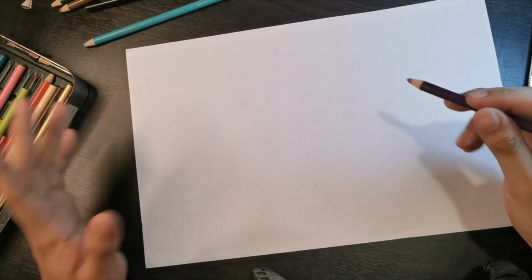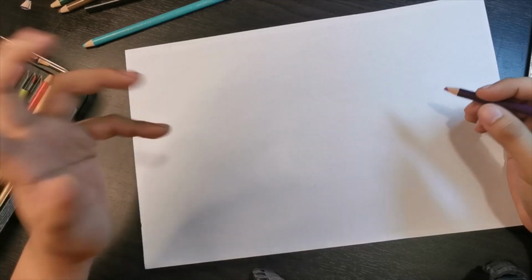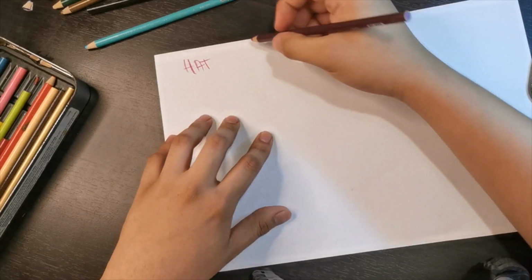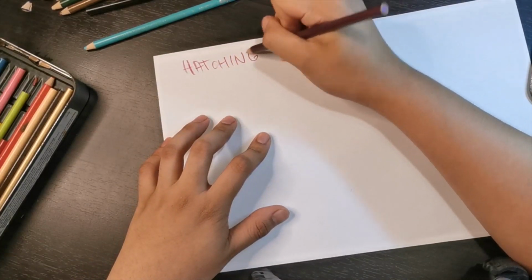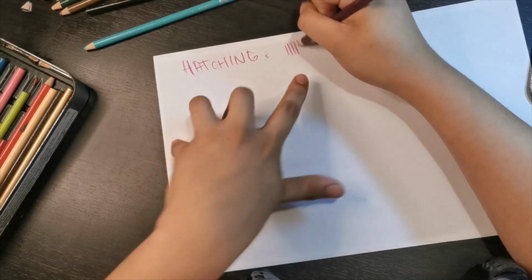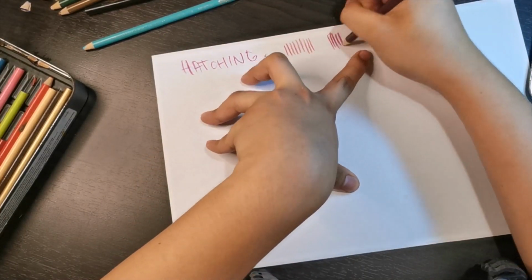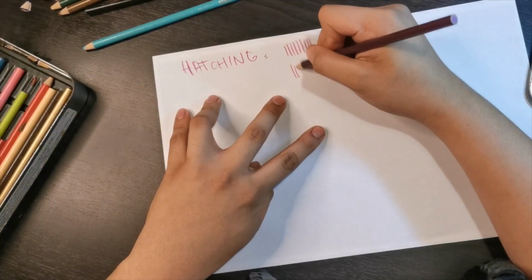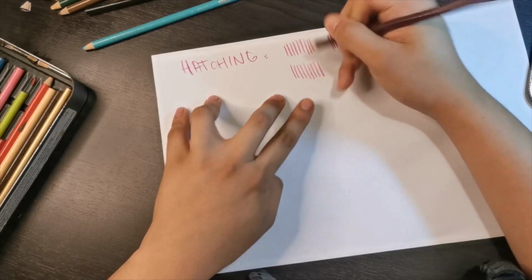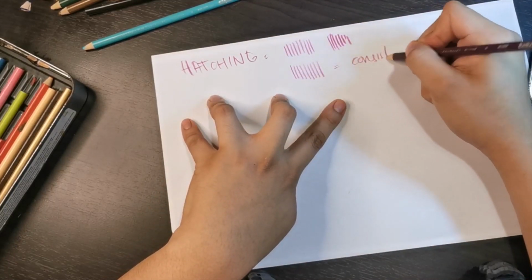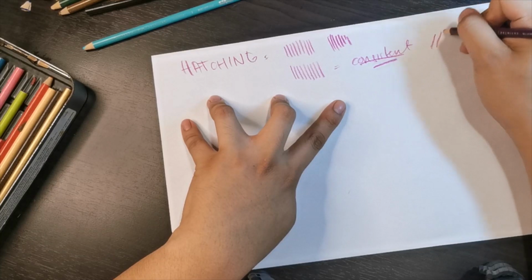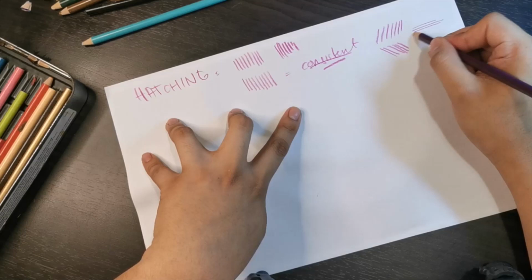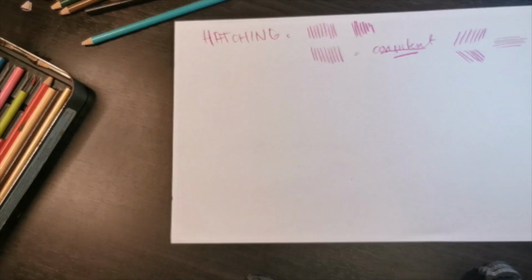Now, let us practice cross hatching or hatching technique. Now, as I have said, hatching is a rendering technique that uses lines, equally spaced lines. So, hindi siya rushed. Pwedeng rushed if you master it na. Pero for our training, you will do it slowly. So, we will have consistent distance between our hatching. So, it can be diagonal, or the opposite direction, or it can be horizontal. So, what we will do is we will draw